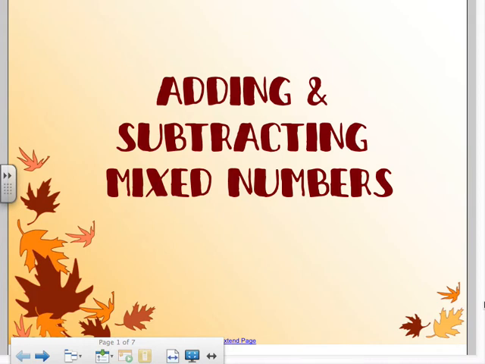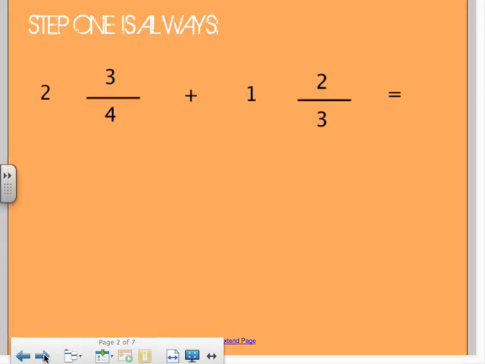This video is on adding and subtracting mixed numbers. So it's not really any different than adding or subtracting just normal fractions. You still need a common denominator. Okay, so step one is still common denominator. And really for most of what we're going to do, we're almost going to ignore the whole number,